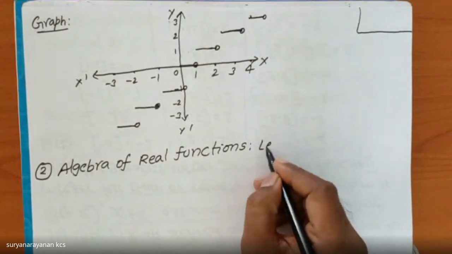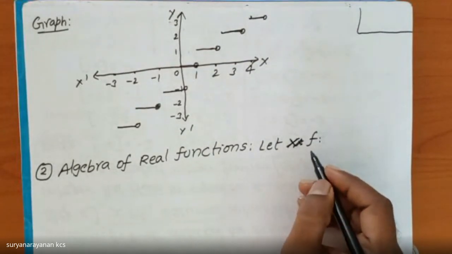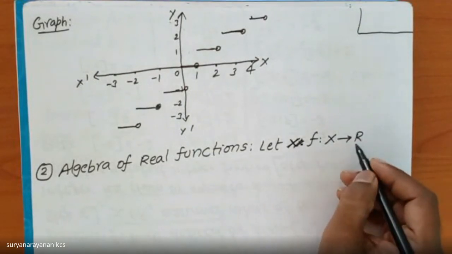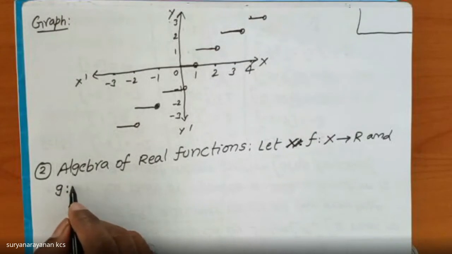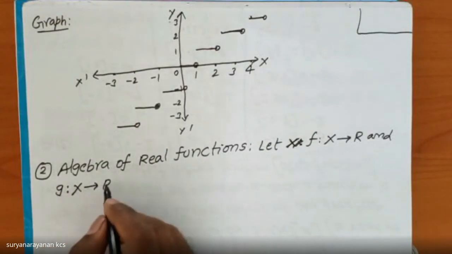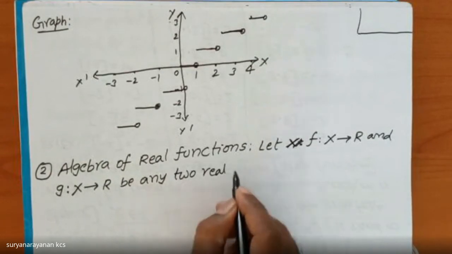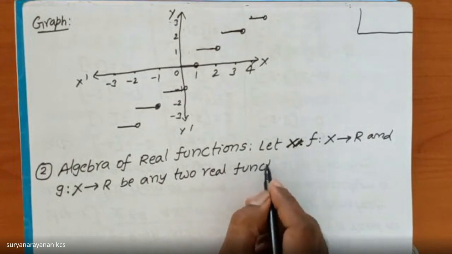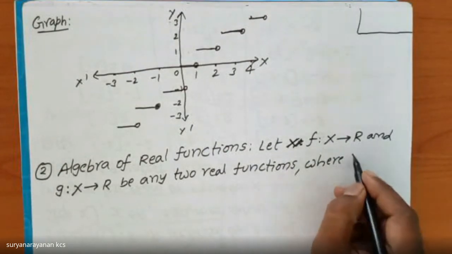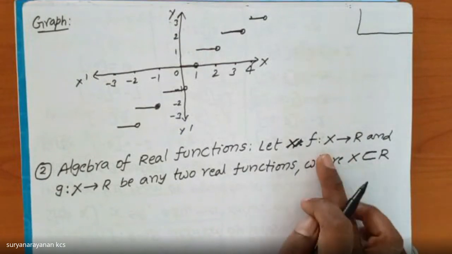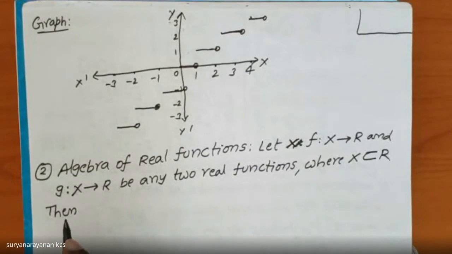Let f be a mapping from X to real numbers and g be a function from X to real numbers. Let f and g be any two real functions where X is a subset of real numbers. Then we define